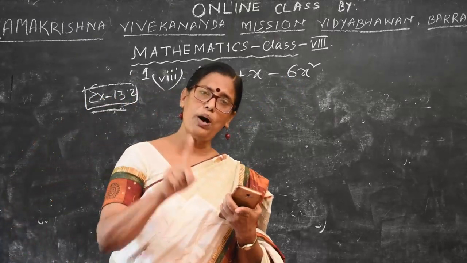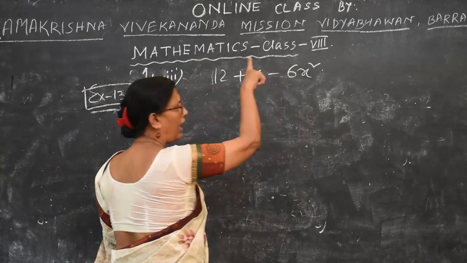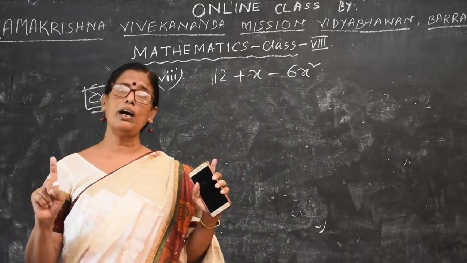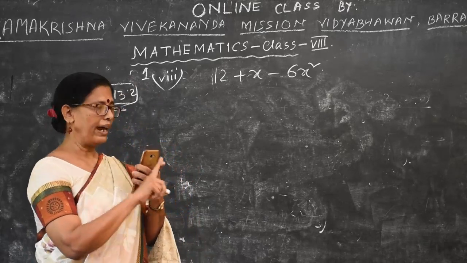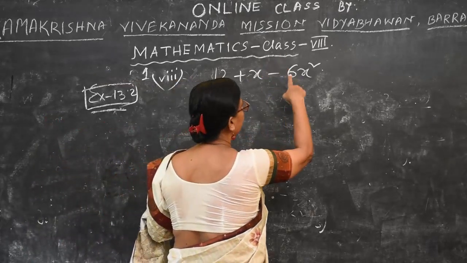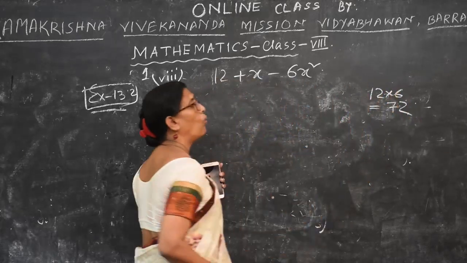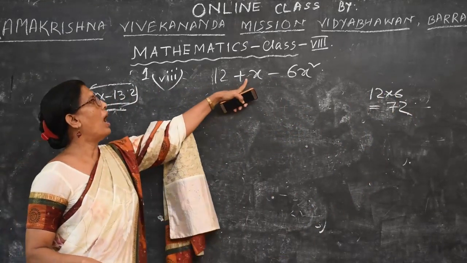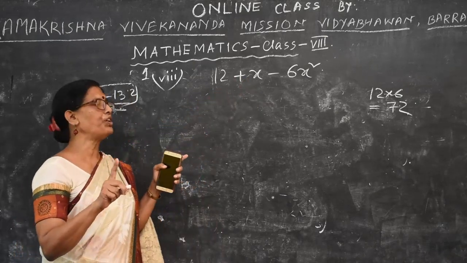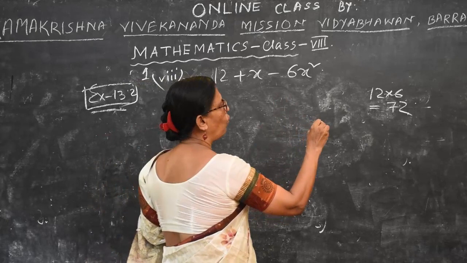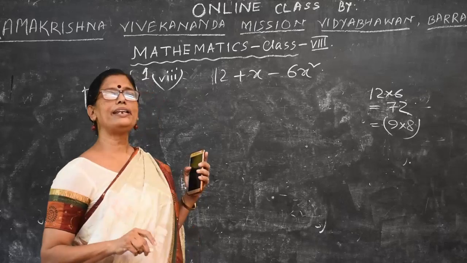In the previous one, x square is placed first. Here, x square is placed last. But this is not our point. Our point is what to factorize: this 12 and this 6. First multiply 12 into 6, it is 72. What is our motto? To get 1, meaning x has a coefficient of 1. So with 72, we factorize it as 9 into 8, because 9 minus 8 gives 1.